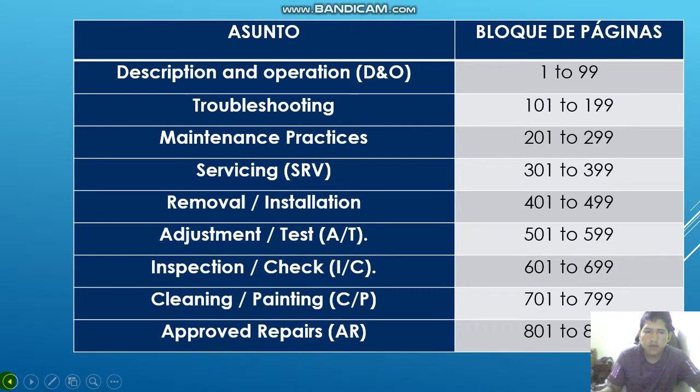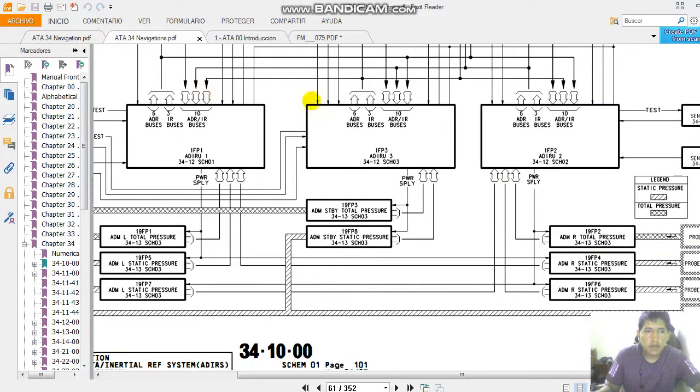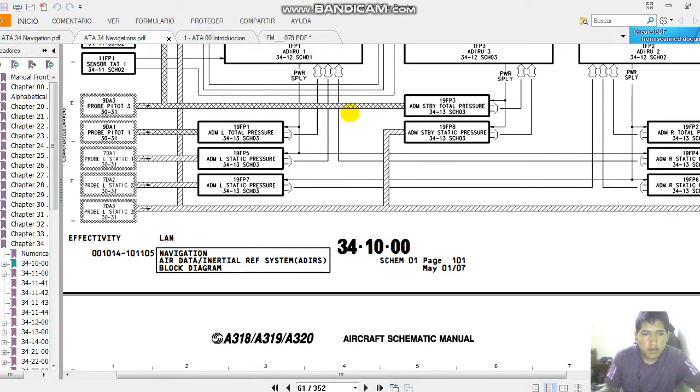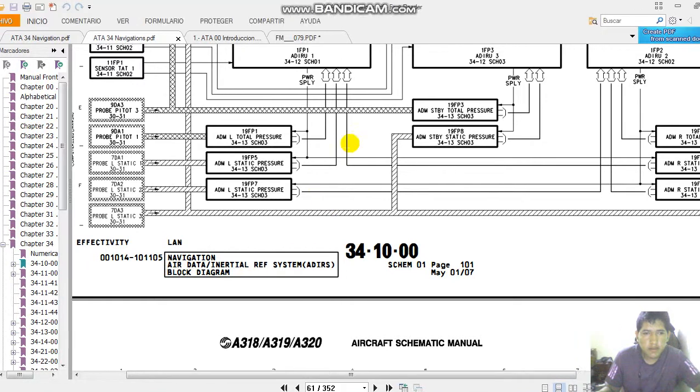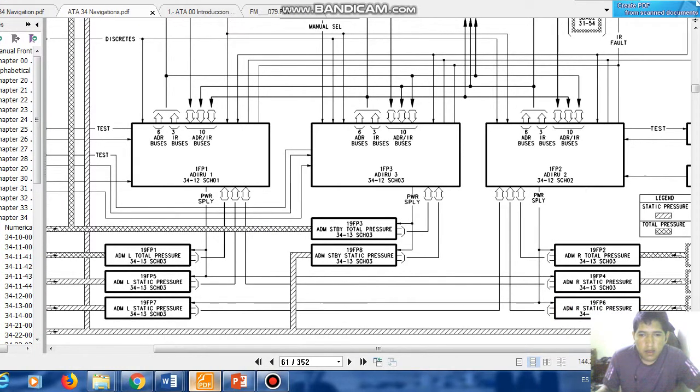The next topic was the difference between the standard wiring manual and the wiring manual. For these topics, in the manual for this aircraft, the Airbus, the air data inertial reference is one example. In the schematic manual,